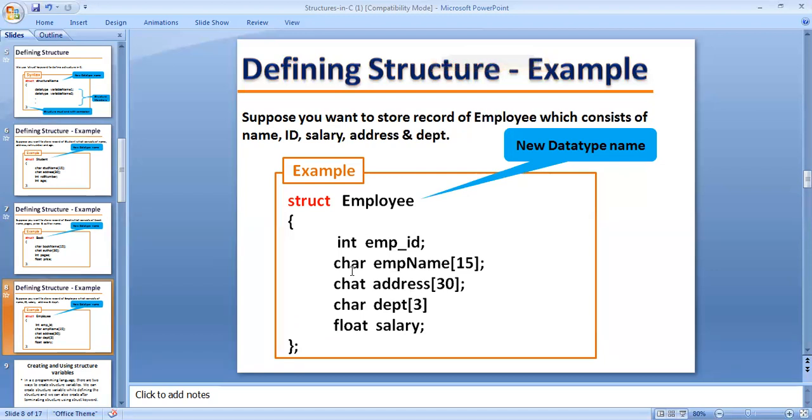Here int is one of the data types, employee ID; character employee name has size 15, defined within the square brackets and ending with a semicolon. Char address 30 and char department size 3, float salary. Why define salary as float? Because salary is defined with decimal points. That's why we are using float. And with the semicolon, the structure variable declaration is compulsory, ending with a semicolon.